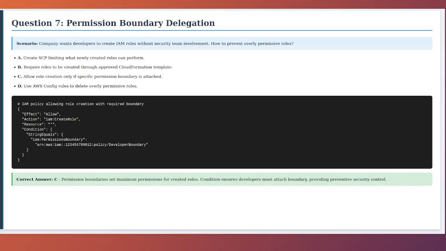Let us examine why the incorrect answers are not optimal. Option A is incorrect because service control policies apply to accounts in an organization, not to individual IAM roles. You cannot use a service control policy to limit what a specific role can do. Service control policies set maximum permissions for all identities in an account, which would affect everyone including the security team's